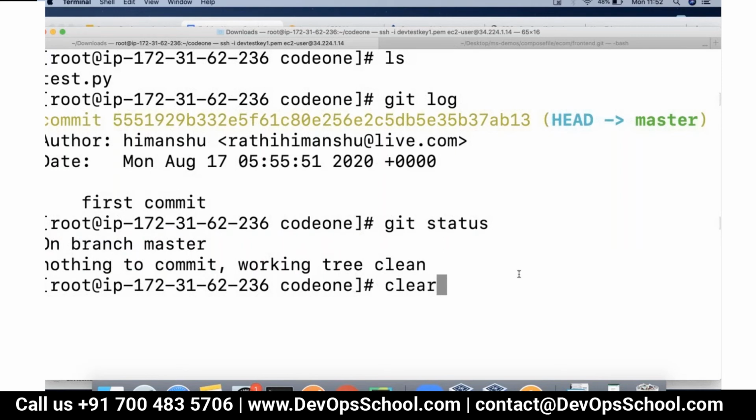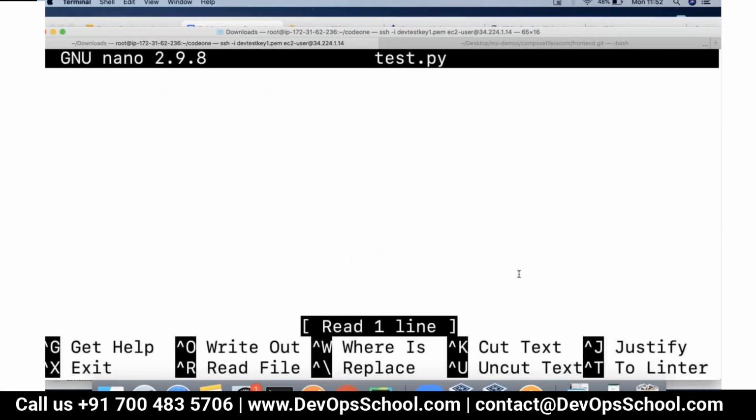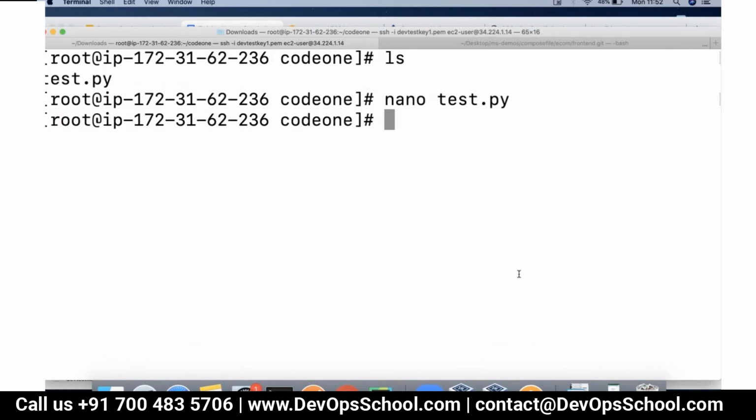Now tell me the entire flow. Let's say I go to this file and add something else. What state is my code repository in right now?